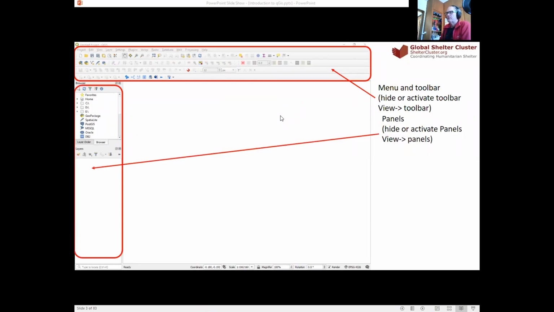Then you have the panels on the left side. Here too, you have many types of panels that you can hide or activate the same way: View and Panels, you choose whatever you want to see. I think at the beginning, it's important to have at least two panels. One is the Browser, which shows you where your files are saved. And the second one is the Layers panel that shows the layers that you have on your drawing,